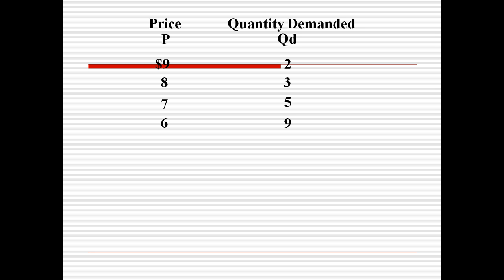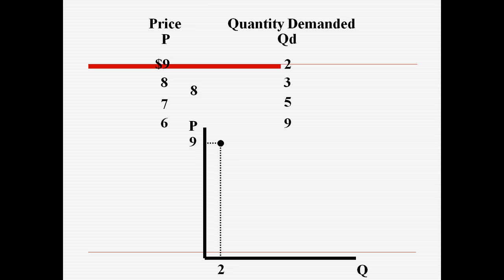Now, if you graph this demand schedule, you're going to have a demand curve. So here's what the demand curve is going to look like. You're going to have price on your y-axis, always. You're going to have quantity on your x-axis, always. Go ahead and put our numbers for price as well as quantity demanded. Okay, and we put our points there.